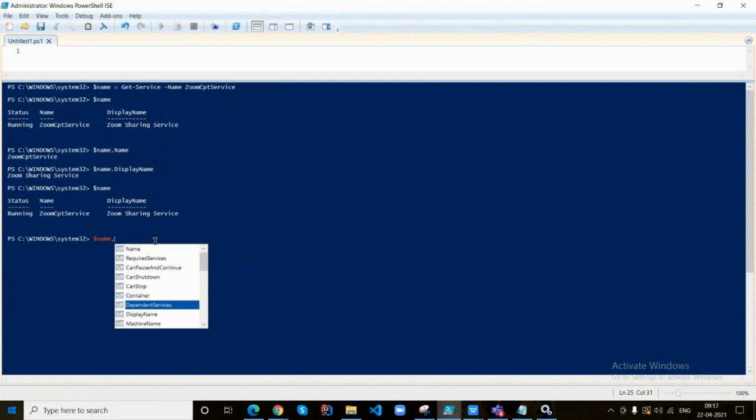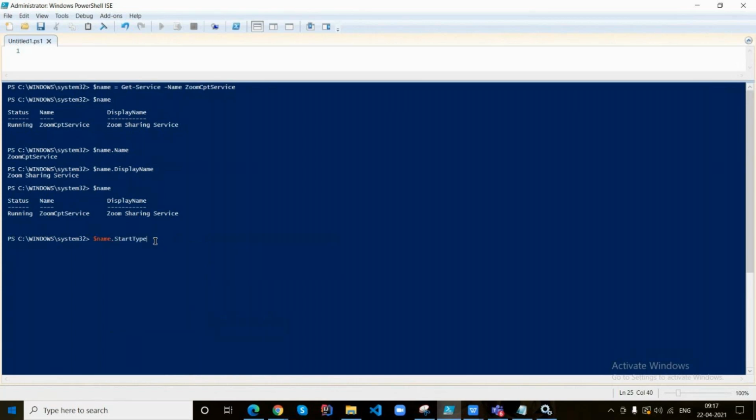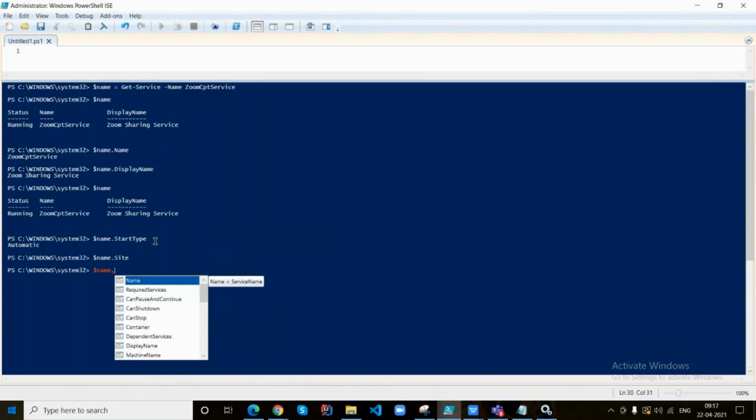Here you can get information like start type, automatic start. $name.Site. Okay, yeah. Now $name.DependentServices, if you have any.